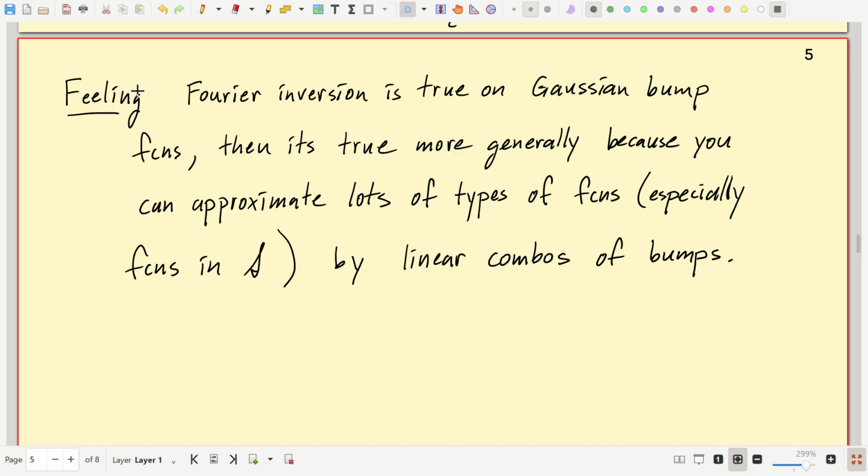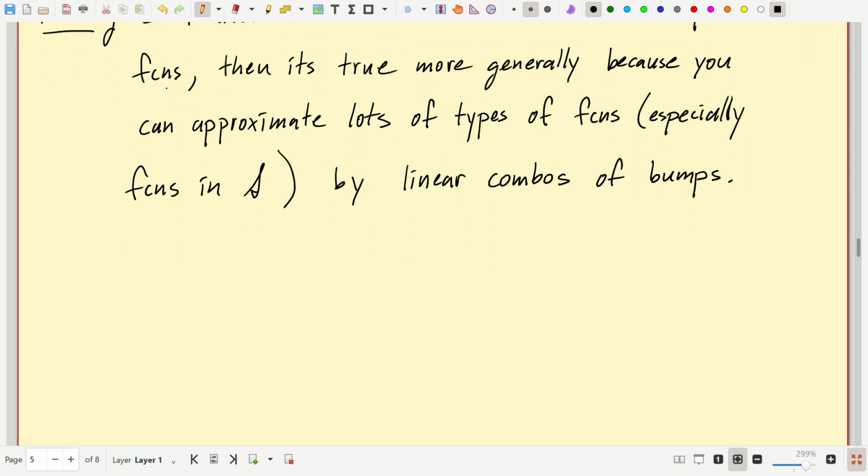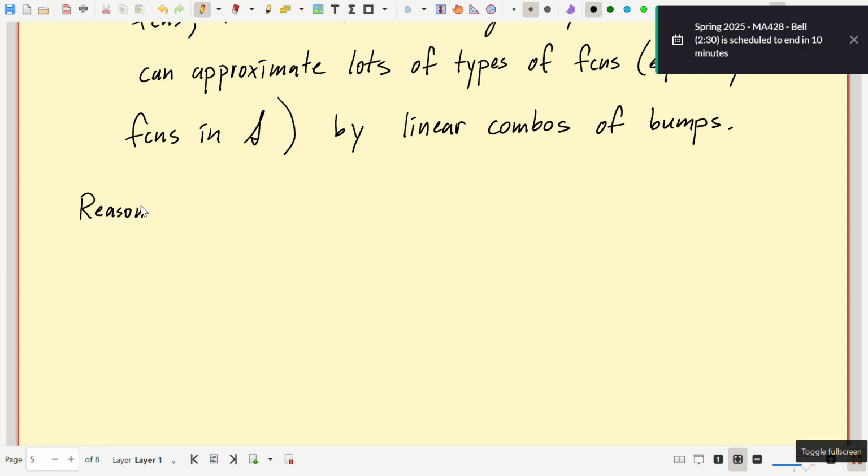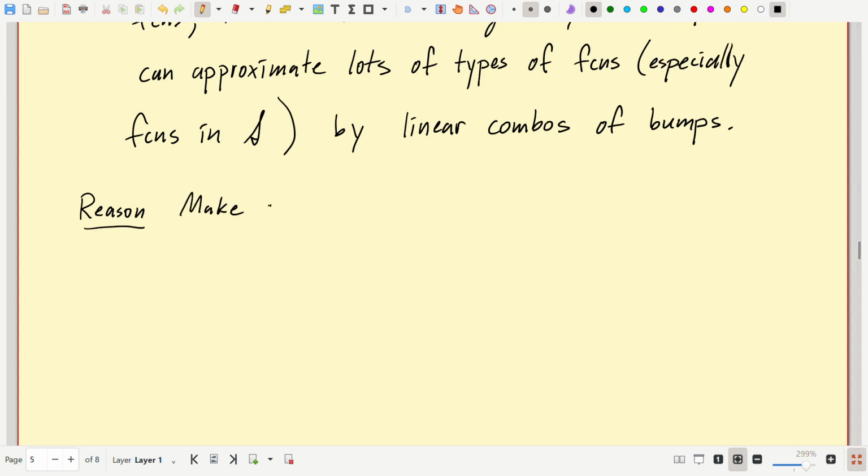So this is a feeling. And the feeling is that we know Fourier inversion on a bump function now. And so the feeling is it's going to be much more generally true. And the reason is, we've done this before, if I make a good kernel out of a bump function, which I've done in the past,